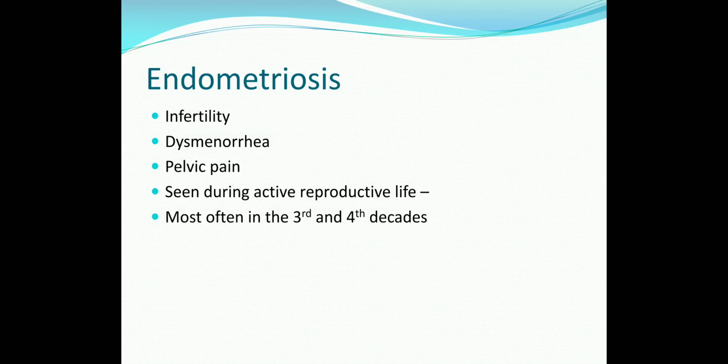So what is the presentation of endometriosis? Patients usually present with infertility, and dysmenorrhea, which is one of the most common symptoms, that is difficult or painful menstruation. Next is pelvic pain. Why is this pain there in endometriosis? Because there are a lot of adhesions. Wherever these endometrial glands are, what happens? From all the sides it starts bleeding during the menstrual cycles. So there will be dysmenorrhea, pain during menstrual cycles.